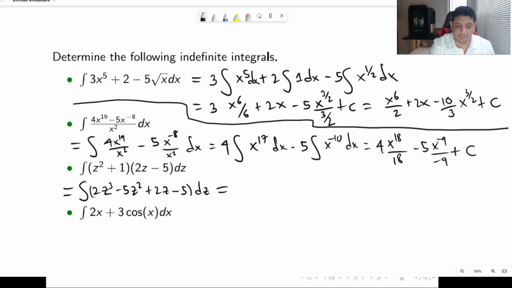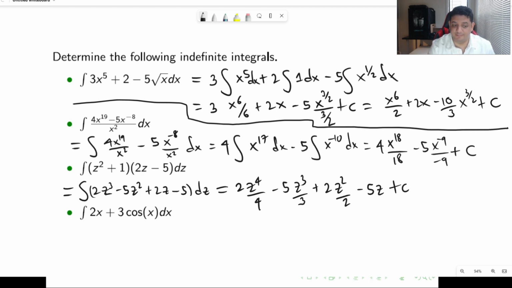And now I can just split this into different antiderivatives, four antiderivatives if you want to. But if you have the ability and you can see it right away, you can just do it on the spot. So for example, this is 2c to the 4 over 4 minus 5c cubed over 3 plus 2c squared over 2 minus 5c plus c. So if you can see it very clearly and don't have any issues with that, you can very much do it on the spot and just find the antiderivative of each of the pieces and